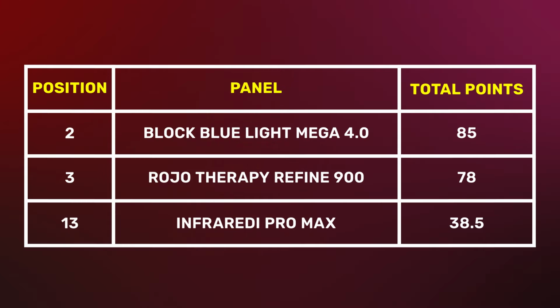Okay, so we've gone from 17 down to 3. So let's show them on screen with a little bit more data. Here you can see rankings, first, second, third. But next to that, you see the position that particular panel got in my full series. Block Blue Light Mega came in at 2nd place, the Radiotherapy Refine 3rd place, and the Infrared Pro Max 13th